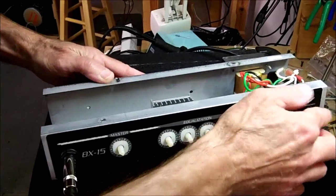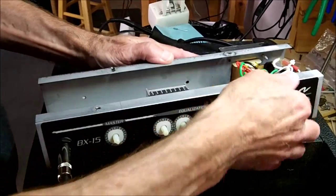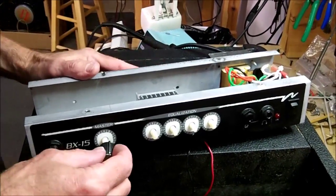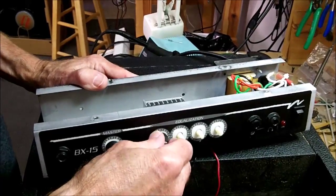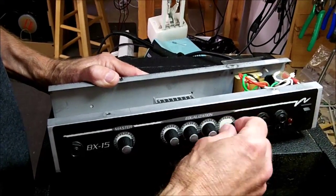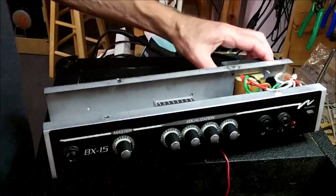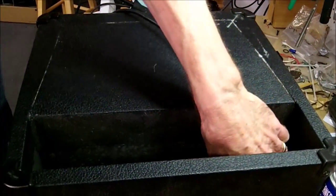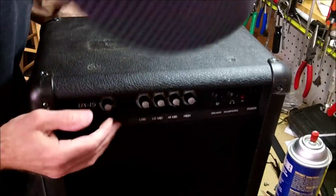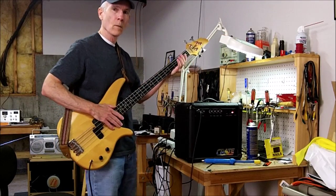Plug the bass in. Turn the power on. So it works. Now all we have to do is put the knobs back on it and the chassis back in the case and give it a final test, and we're ready to go. There's always one. There we go. Okay, we got it powered back up and